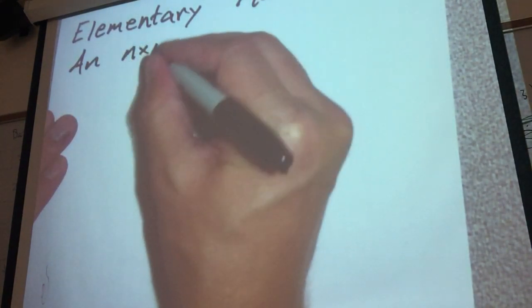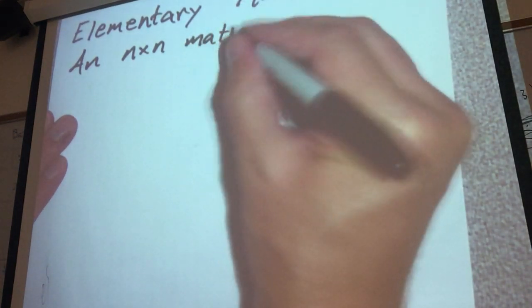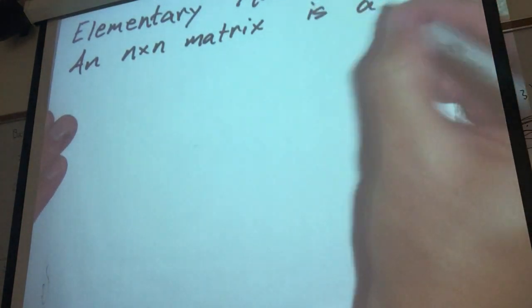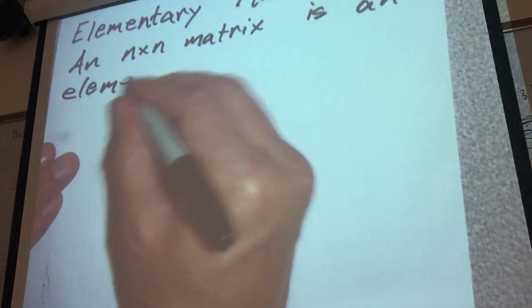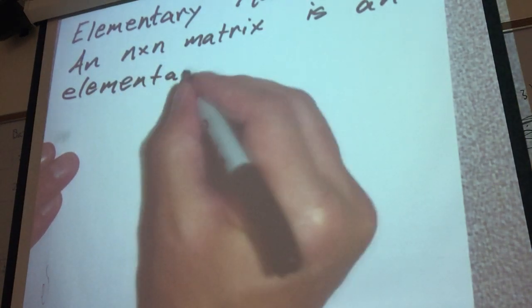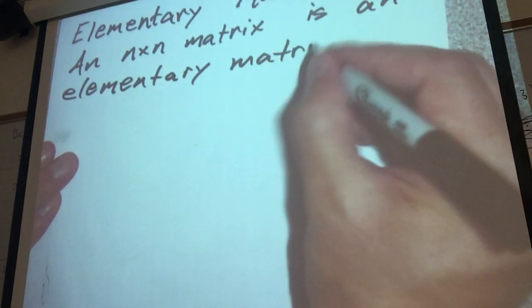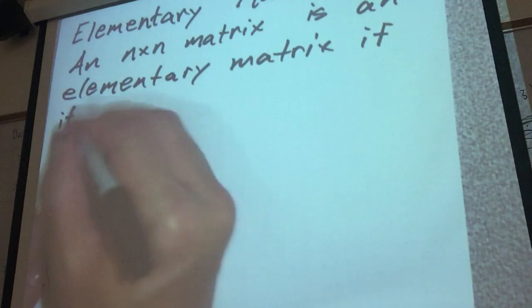Okay, so an n by n matrix, meaning it has to be square, is an elementary matrix if it can be obtained